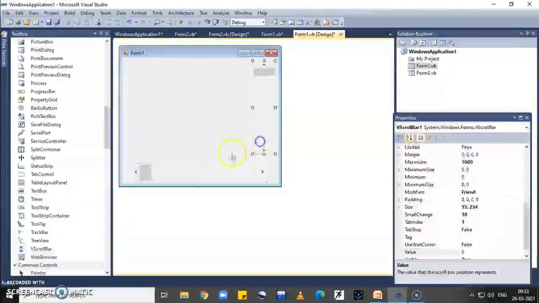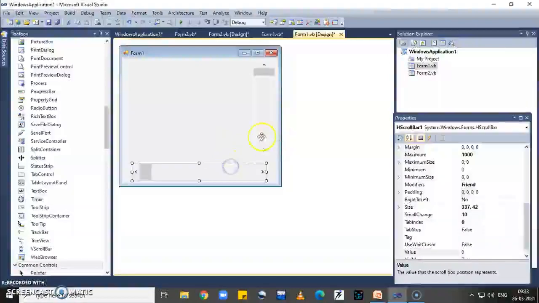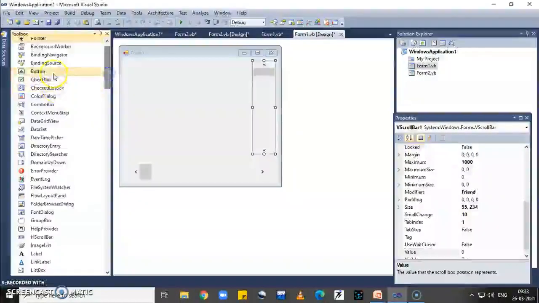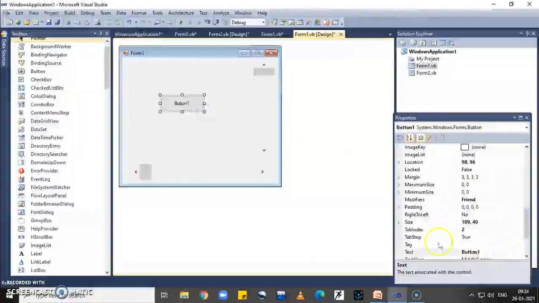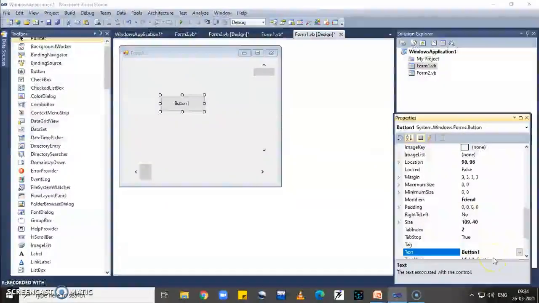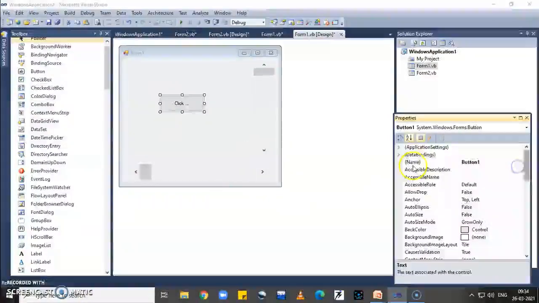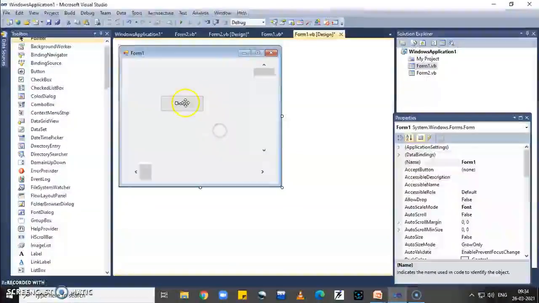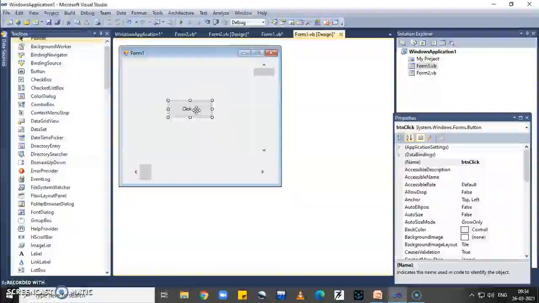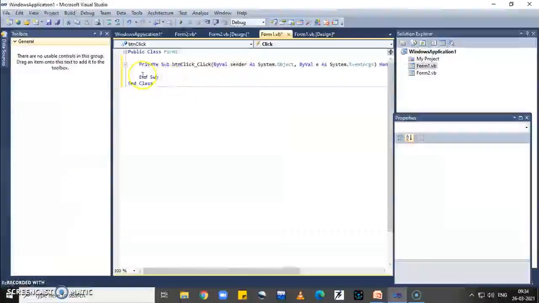Now after setting both the values of scroll bar control, I put one button and just write text property to click and change the name of button to btn click. Okay, now click on the click button.